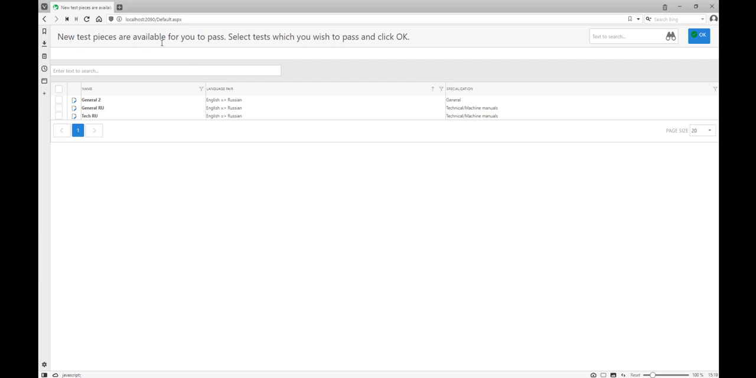New test pieces are available for you to pass, and this list contains tests which correspond to the vendor's language pair and supported specializations, and these tests will be offered to a vendor only if they were not offered before. You can see that the IT test does not exist here because it was already added to the vendor's profile. And now if I don't want to accept any of the offered tests, or say I can accept only one,